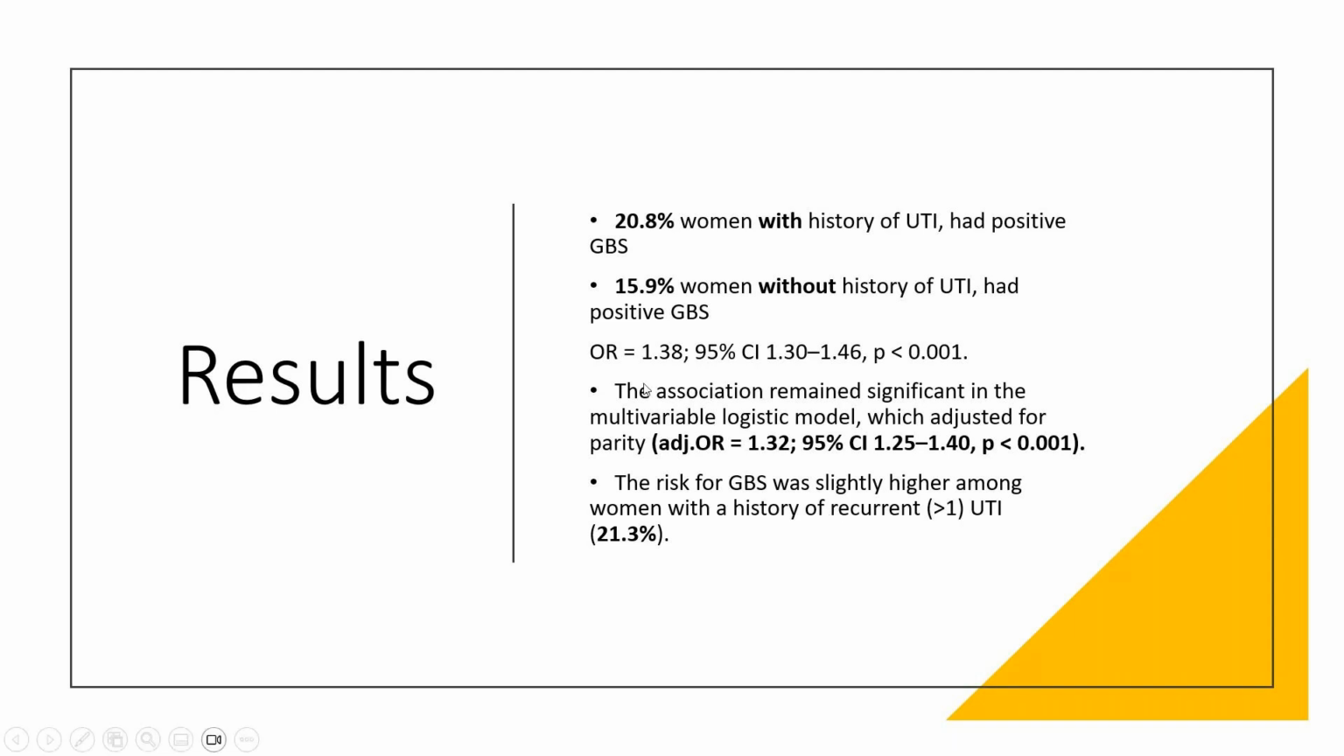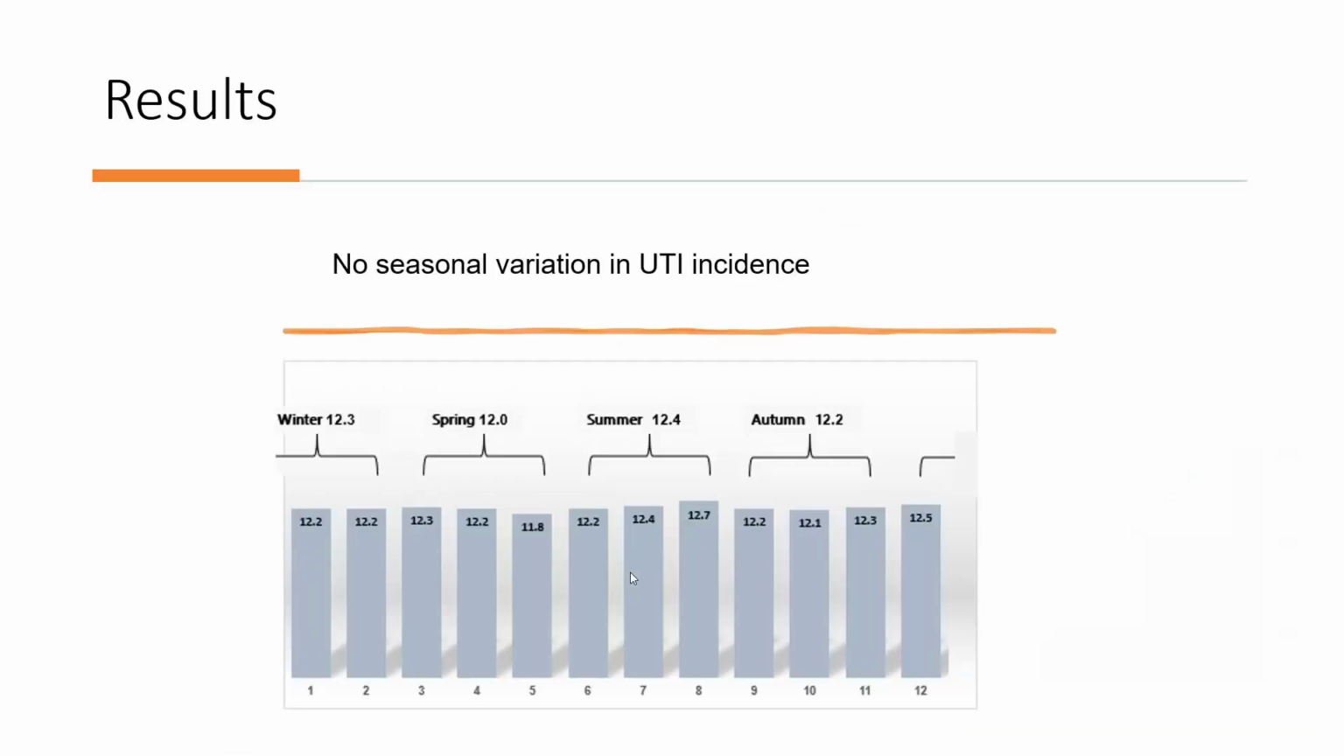There, the risk we see was 20%, and here it was 21% if they had more than one UTI during pregnancy. We have not seen any seasonal variations in UTI incidence, meaning summer, spring, winter, and autumn, they're all about 12%